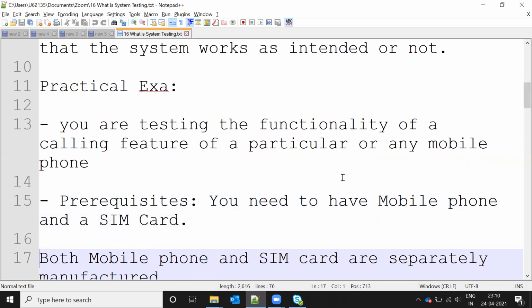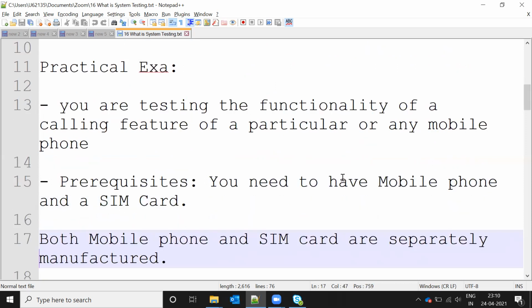As per the requirement, whether it is completely working or not, those things we test here. For a practical example, take a mobile and a SIM card. This is the basic requirement: we need one mobile and a SIM card, right? Both are individual, and each is tested in its own way to see whether it is working as expected. The mobile is tested and the SIM is also tested, both are working.